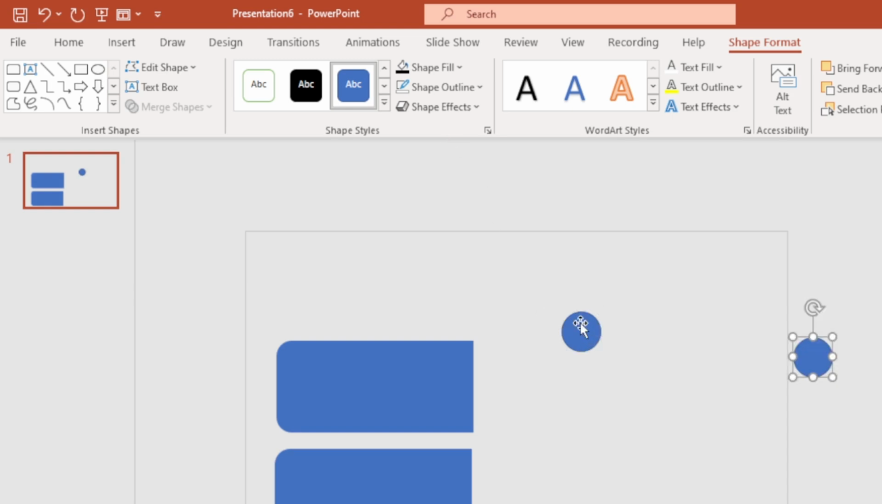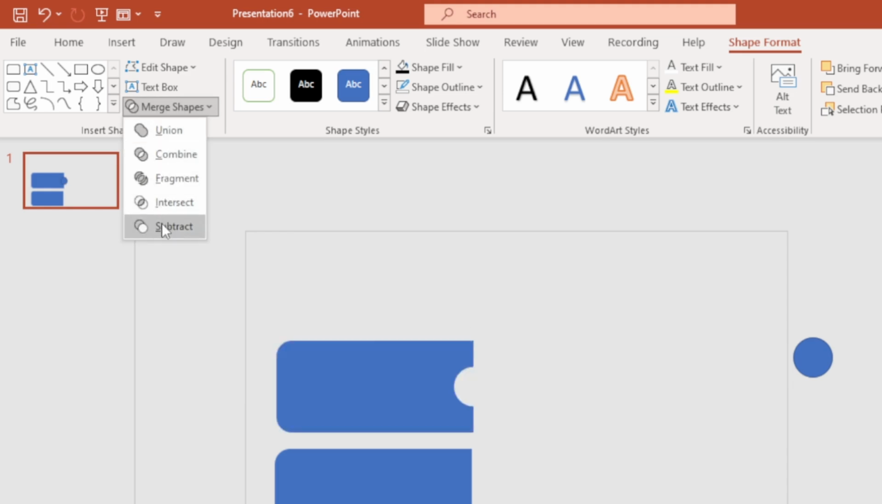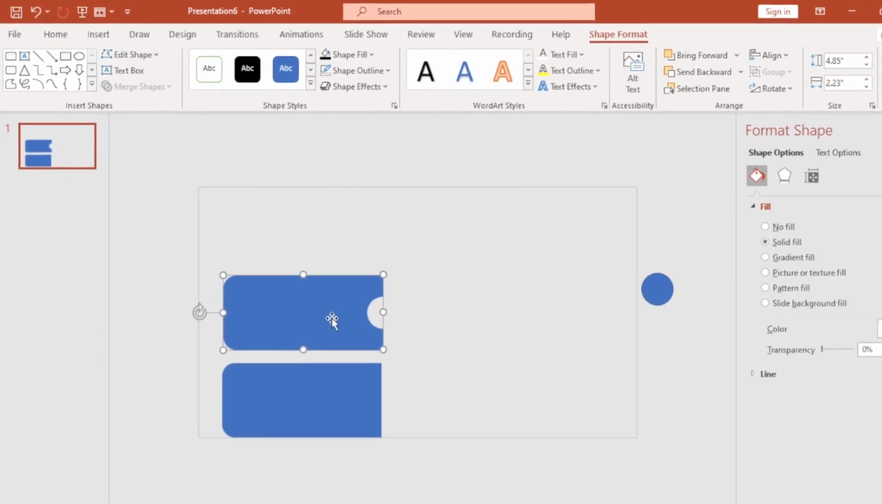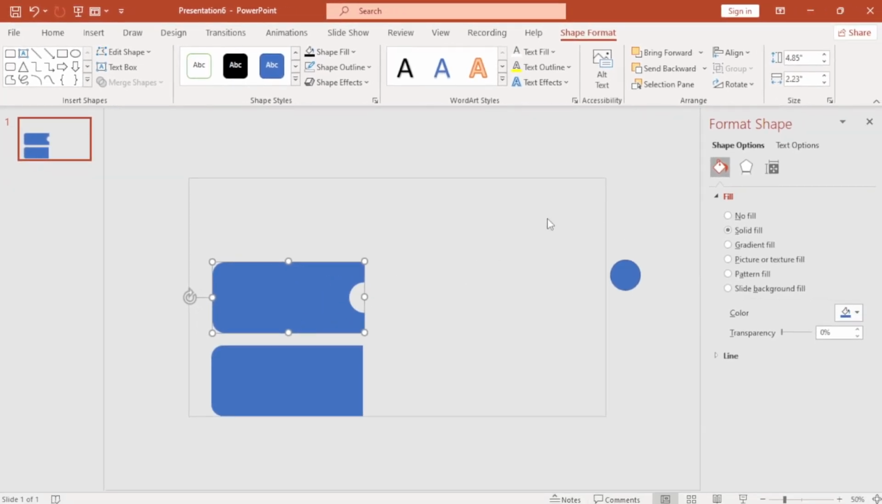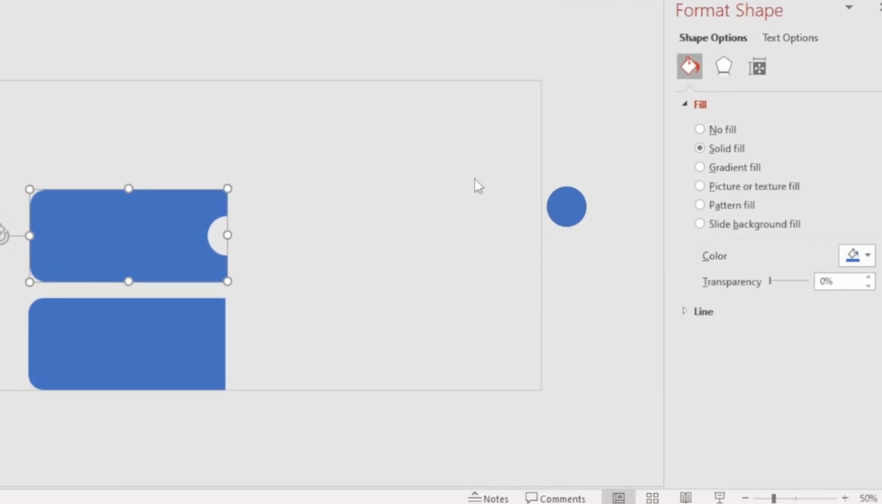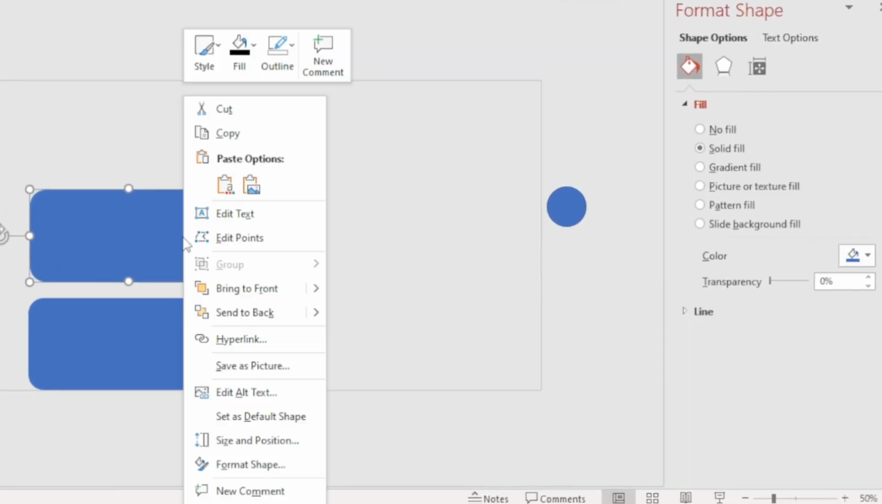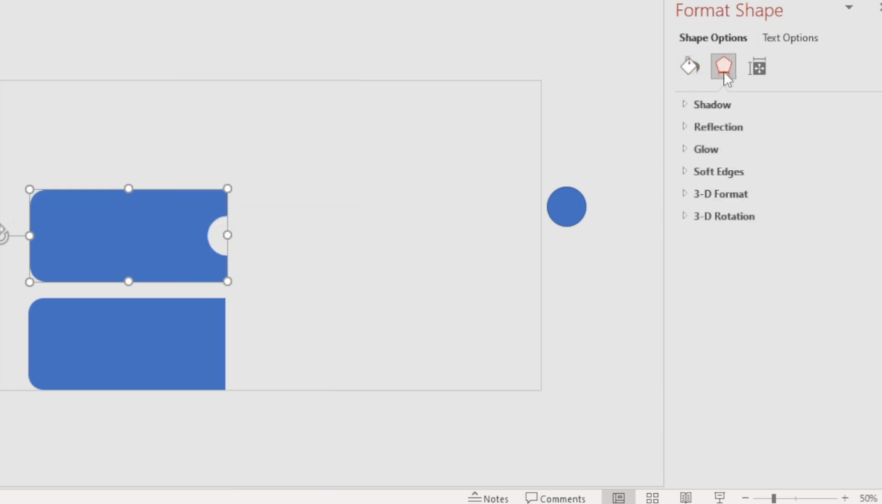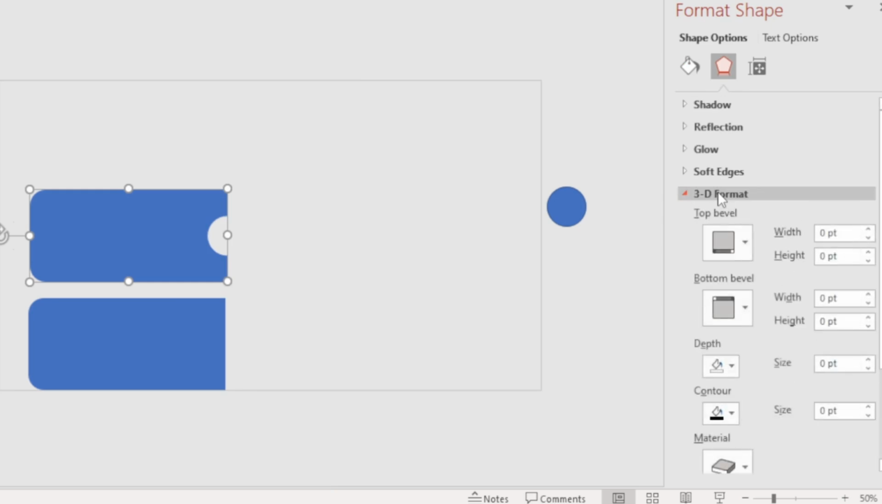Another stuff is to duplicate, bring this over to this place, ensure it's at the center, click this, hold, select this, come to merge shape and say subtract, and boom, we have this shape effect. The next is for us to go to this format shape. If that is not there, just right click on the shape and go to format. However, we have that, we move to shape effect. In the shape effect, let's go to 3D format, and here we select this,